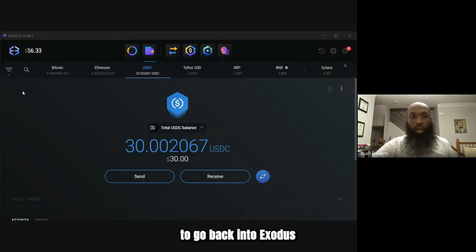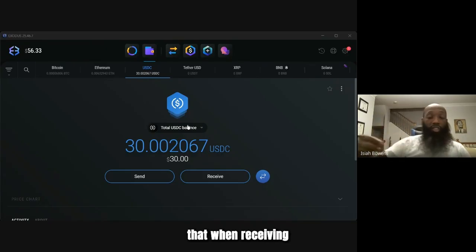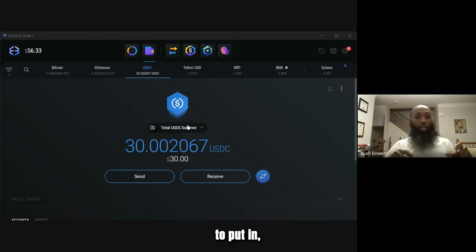So we're going to go back into our Exodus, right? And so we have to transfer our USDC as well as our Ethereum into our wallet. It's important to remember that when receiving cryptocurrency, you only have to put in the address to where you're receiving to. You don't have to put in, like what we did on Exodus, each individual network for each individual one that we're receiving. So we only had to copy just the Arbitrum address. So go to USDC and then hit send,